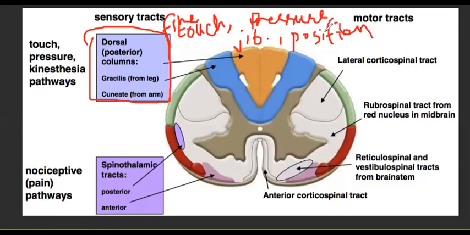So someone gives pressure to your lower limb on your skin, okay? Someone touches the skin of your leg, okay? The position of your thigh or your leg, okay? The vibration sensation that goes on in here. If you put your mobile phone on your lap and it vibrates, you will feel that vibration, right? So all of these